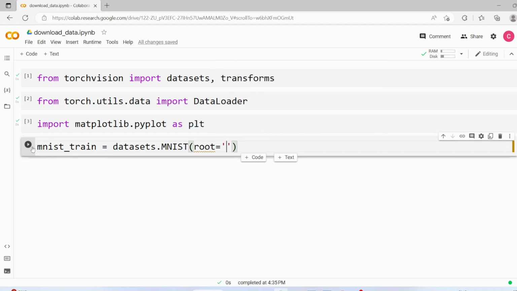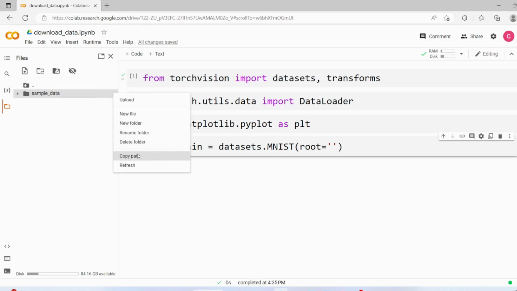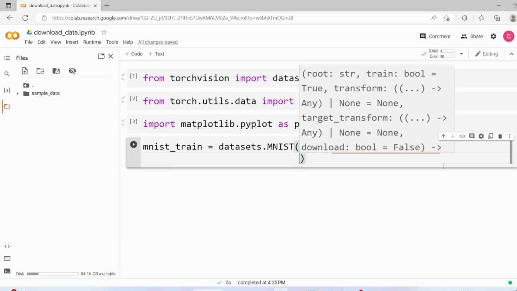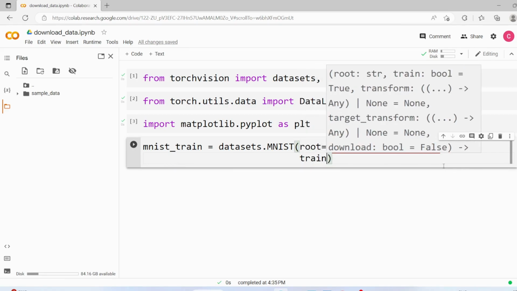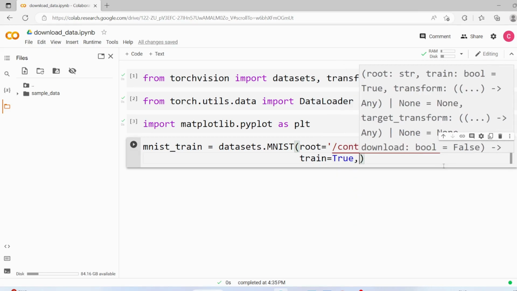Here in Google Colab you can see we have sample data, so I'm going to copy this path, paste it here. The second parameter: we are going to download the training dataset, so I will mark the train parameter as true. Along with that we need to download the data, so the next parameter will be download equal to true.